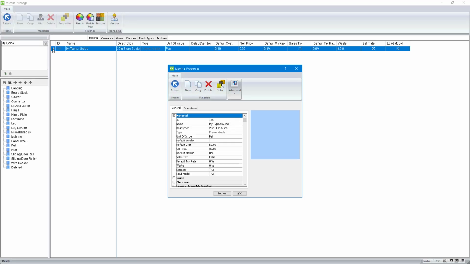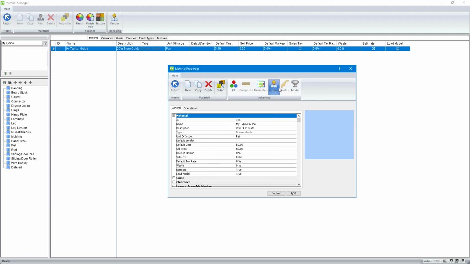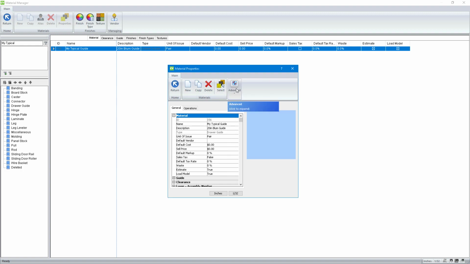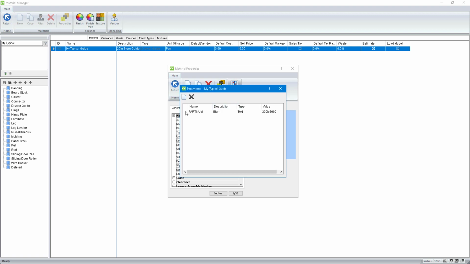What I've done is double-click on this to bring up the material properties. I've gone to Advanced. If yours was crunched down like mine, just go to Advanced and go to Parameters, and you'll see this part num parameter. Now, part num is just something I came up with. You can call it whatever you want. It's totally irrelevant. But we need it set to a text value, and then whatever our part number should be, whether it's the part number from the manufacturer like this,